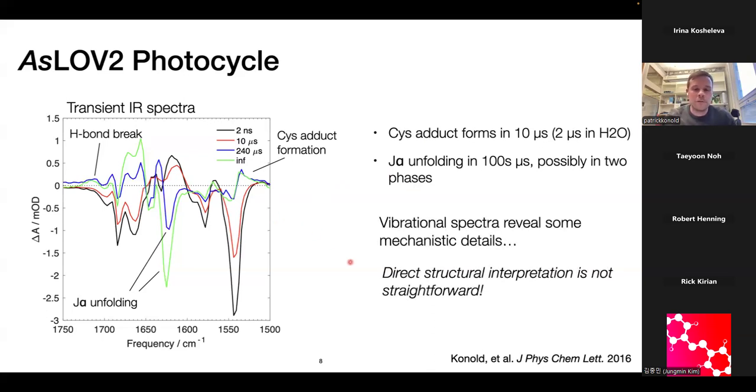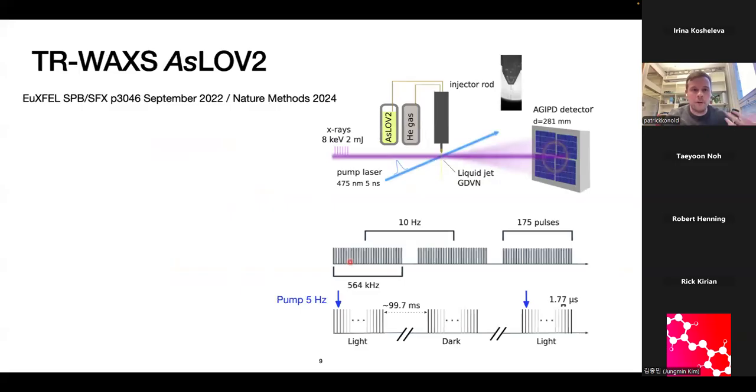We can see the sequence of these events, but we don't get a lot of structural context. It's very difficult to model these data and pull out actual structures, which is what motivated us to turn to solution scattering, which is more of a direct probe